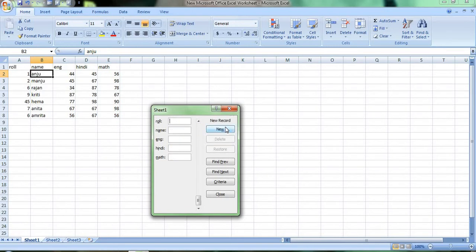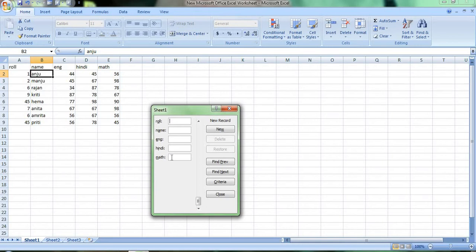I'll go to new. Now I'll enter roll number 45. I'll go to name, I'll write Preeti. Okay, I'll go to English, she obtained 56. In Hindi she obtained 78. In maths she obtained 45. Now if I enter this, see, it is already entered at the end.